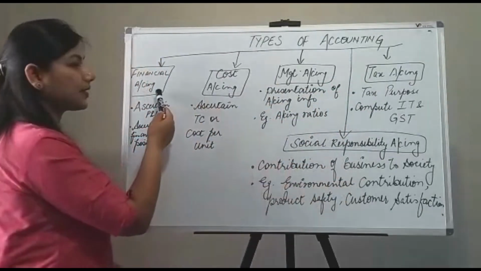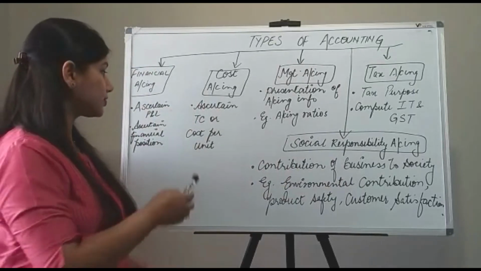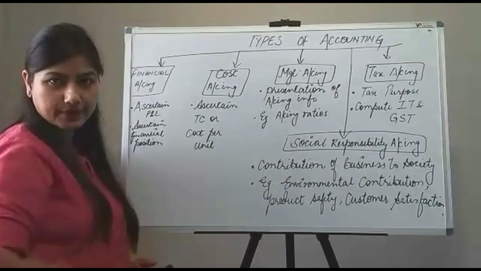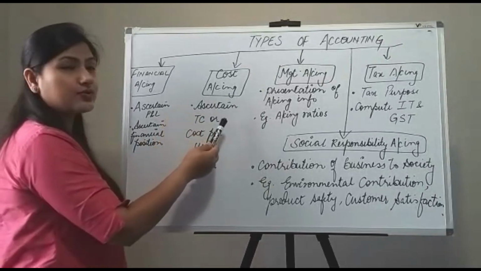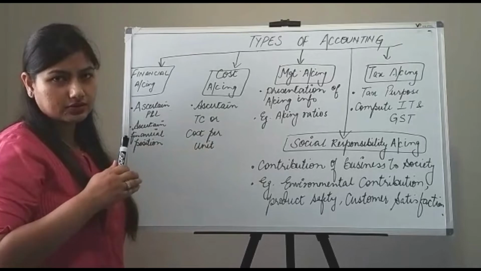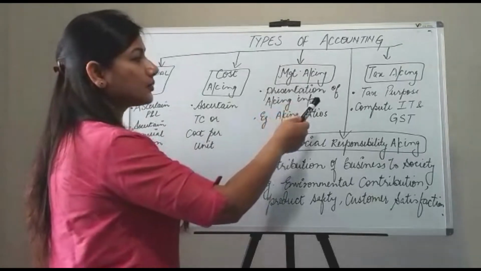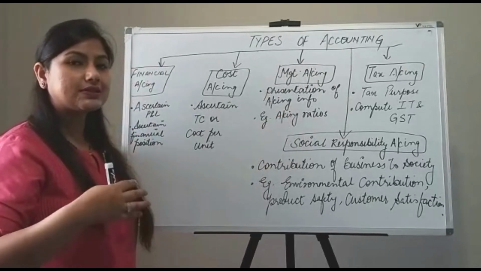So the first is financial accounting. Why we do financial accounting? So as to ascertain profit and loss and to ascertain financial position of the business, we do financial accounting. Cost accounting is done to ascertain the total cost incurred by the business or maybe the cost per unit of goods and services. Then management accounting is done to present the accounting data or accounting information in such a useful